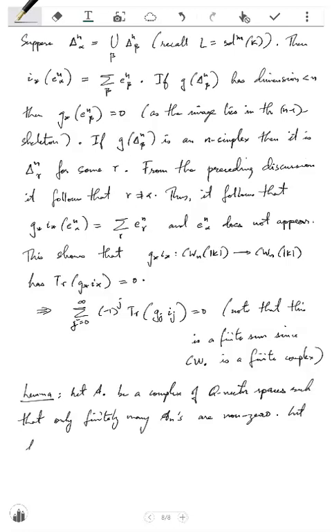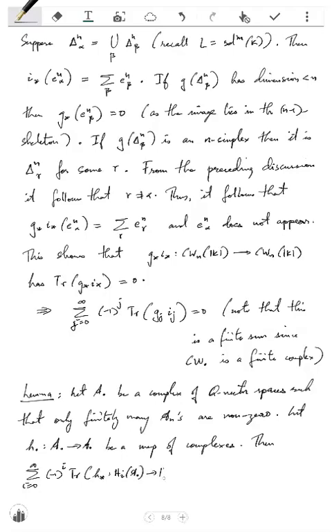Let h dot from A dot to A dot be a map of complexes. Then summation i equal to 0 to infinity trace of h star from Hi to Hi is equal to